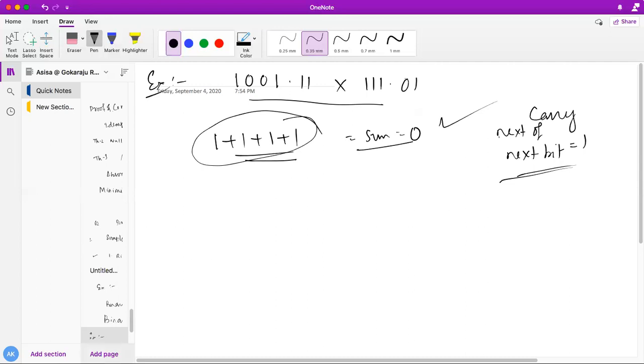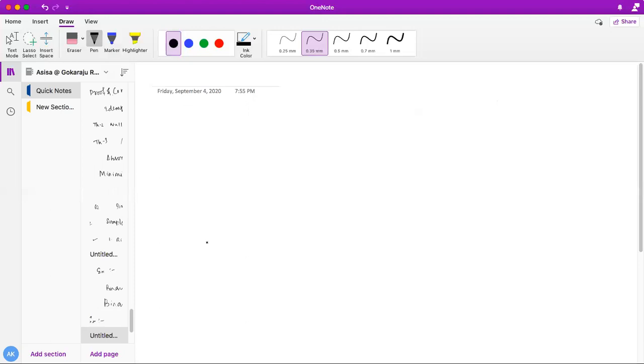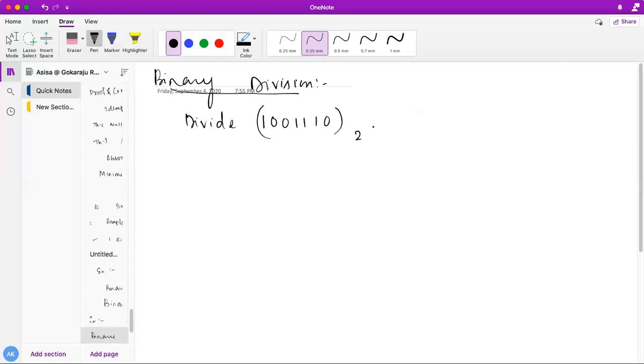Okay, and the next part will go to the binary division. Okay, you might have forgotten this binary division. This is also very important because we are going to use this binary division later on also. So let's say I'm going to divide. There is no particular rule. We'll have a normal division rule. I'll just explain this thing with one of the examples only. So let's say this is the example, divided by 100.